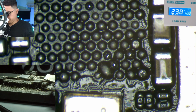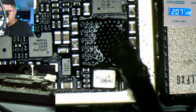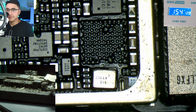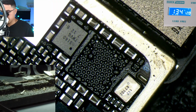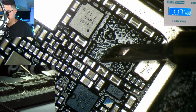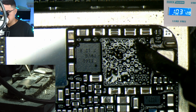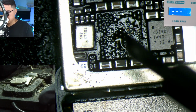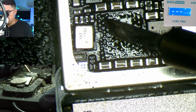One thing you'll notice is, well, first let me prep these pads while we're here before I forget. And I did bump this crystal here at the bottom, which is fine. All right, so I'm going to use my micro pencil knife tip here to try to prep these pads. I'll feed some solder. What I like about this soldering iron tip is how I can use it flat to provide more heat, or use just the tip of the iron to do any accurate